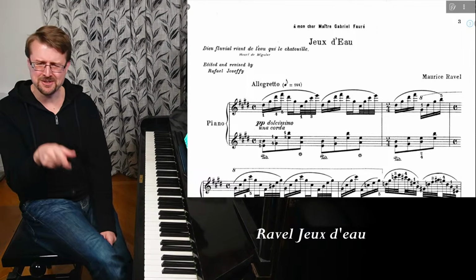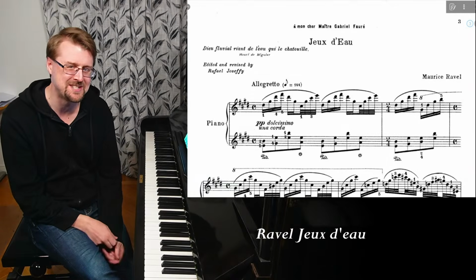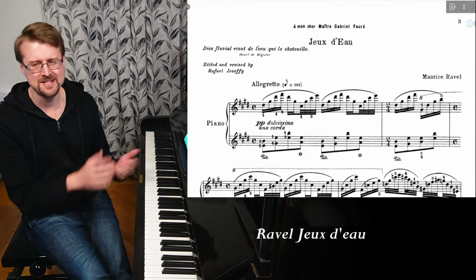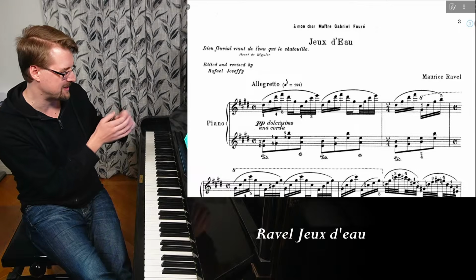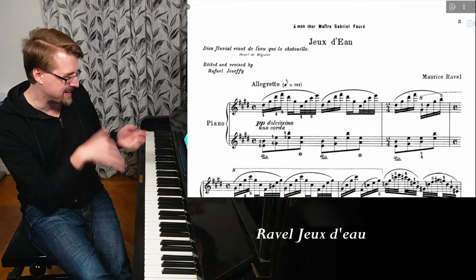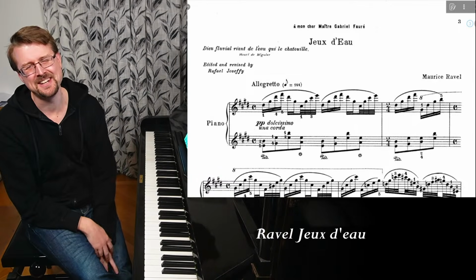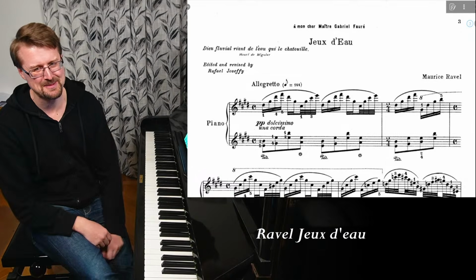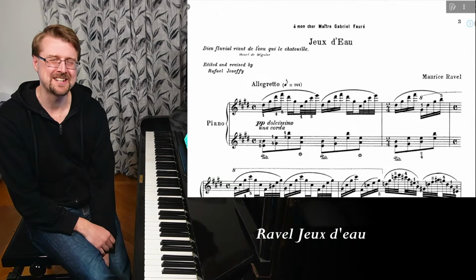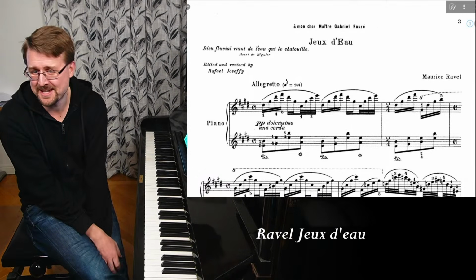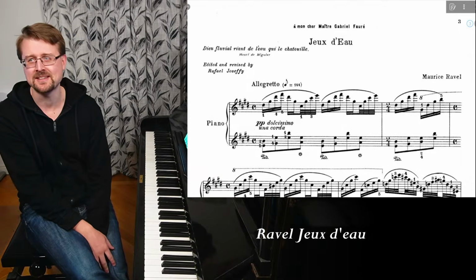And then a year or two later, I played the Ondine by Ravel. It's pretty similar, you play all these nice water textures of splashing notes, and Ondine is a little bit heavier. I've done an analysis on that, but I haven't ever actually played this. I know it very well because I heard it, and